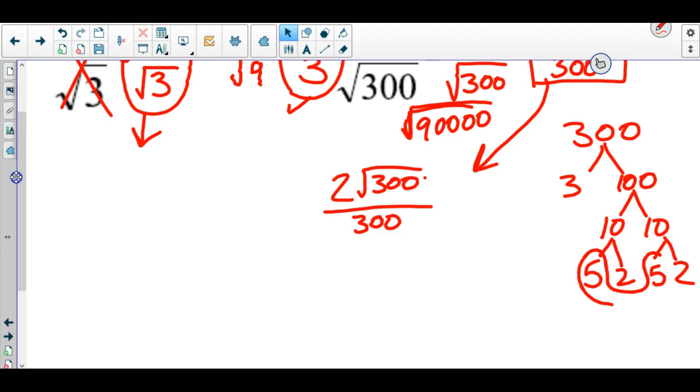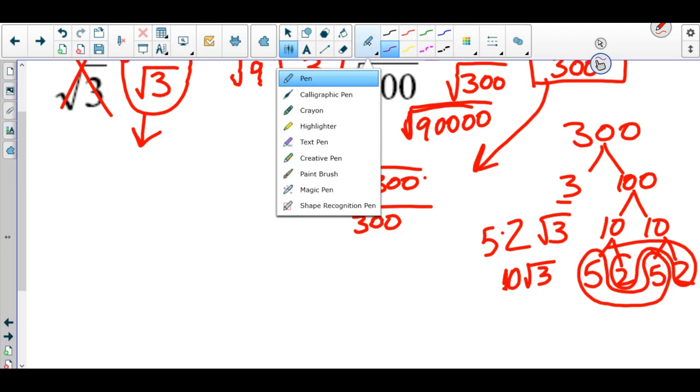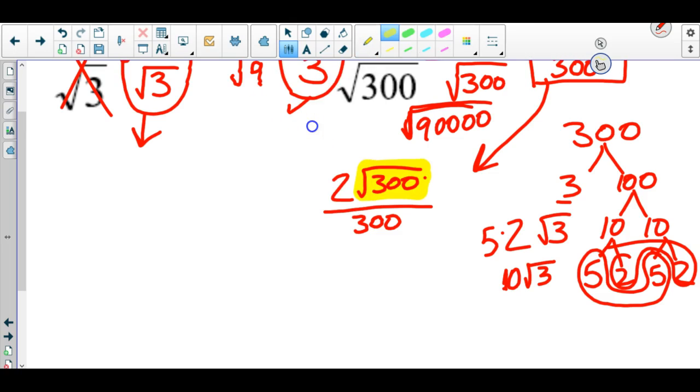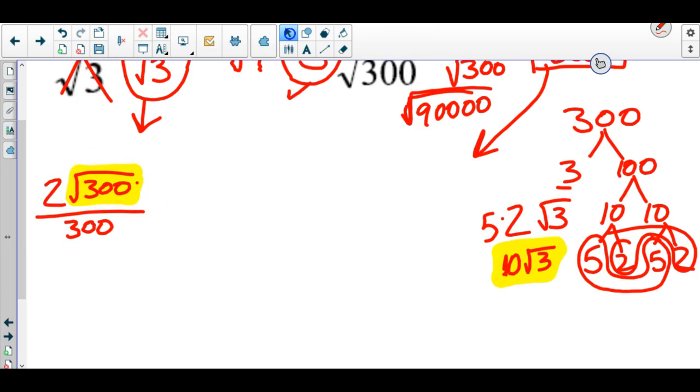So pair of 5s, pair of 2s, and then single 3 stays in. So 10 root 3 is the same as root 300. So right here, I'm going to replace root 300 with 10 root 3. That gives me 2 times 10 root 3 over 300. I can now simplify this some